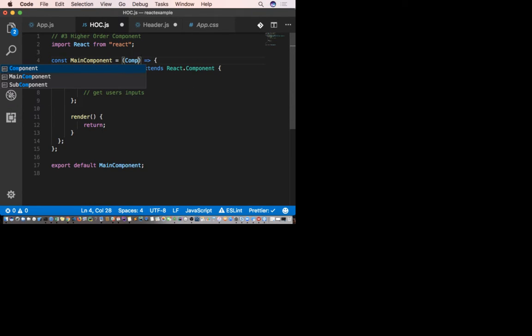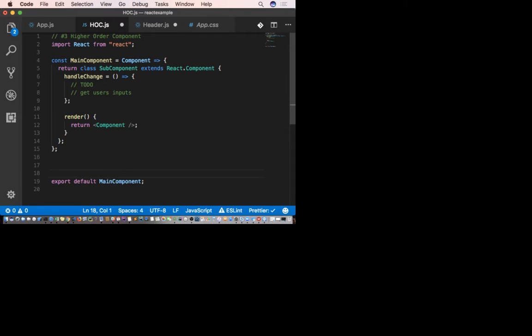Oops, let's make this into a component. Just return. So now, here's how we use it. Okay, before we talk about this, let's keep it.